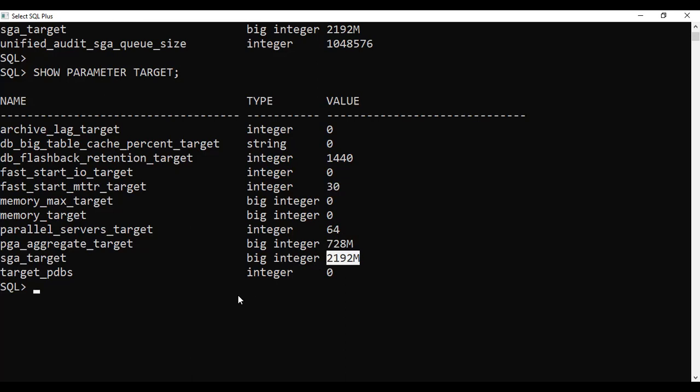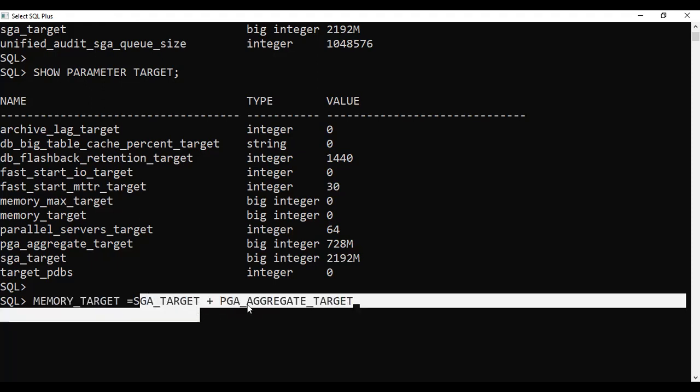So before we move on, I want you to see this mathematics. Memory_target equals SGA_target plus PGA_aggregate_target. This is the maths I want you to have in mind. So for me to get the memory_target, which is the target memory size allocated to both the SGA and the PGA,